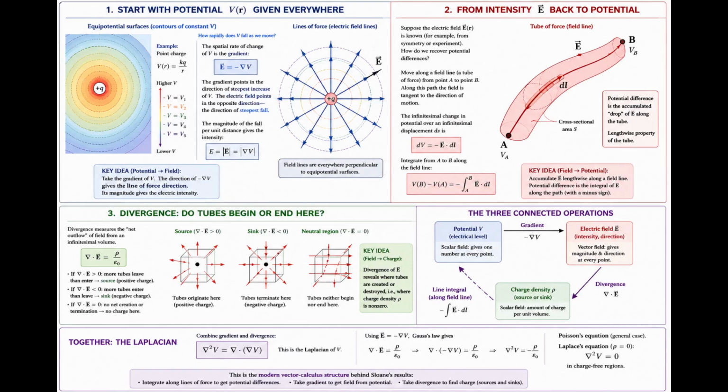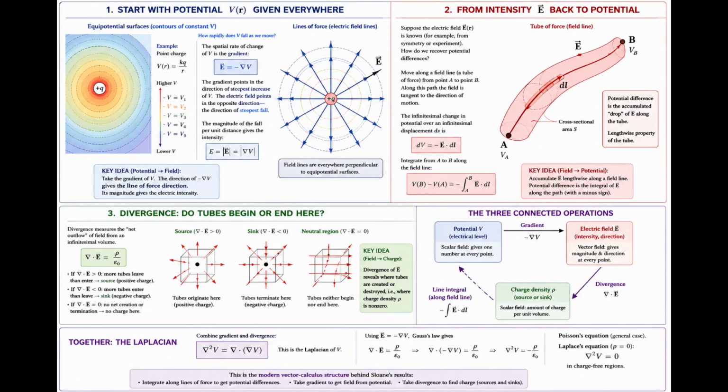So there is a little conceptual circuit. "Potential tells us the level, gradient tells us the slope and therefore the field. Divergence examines whether that field has a source. Integration along the field reconstructs differences of potential." Finally, at the bottom of the image, these operations combine into something that can otherwise sound rather mysterious,